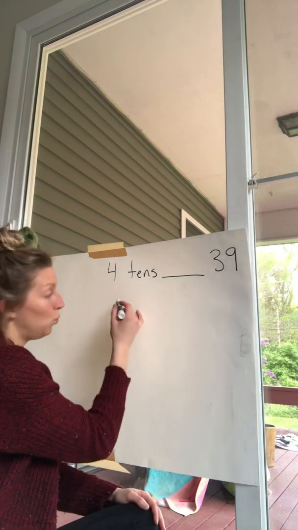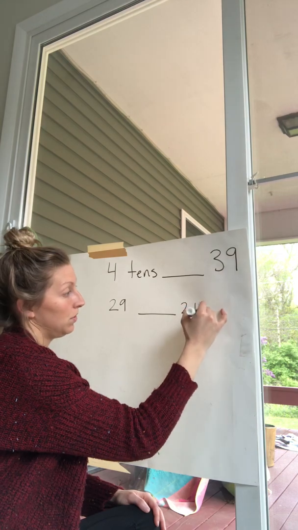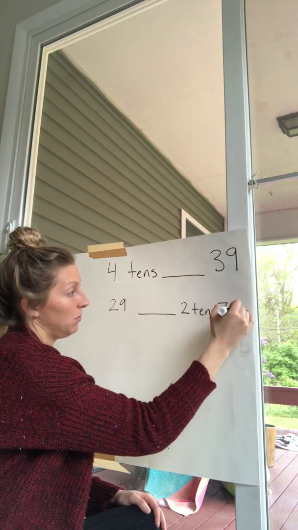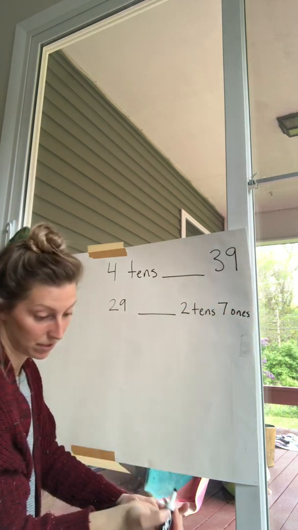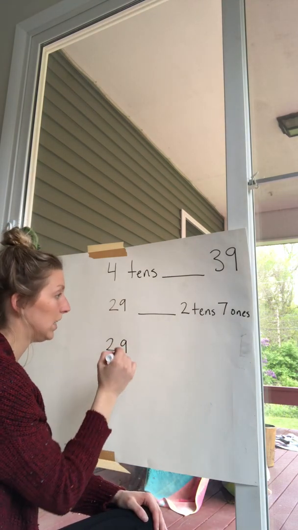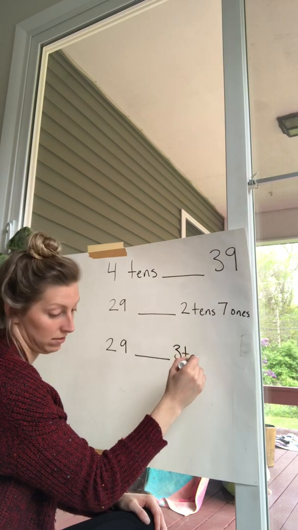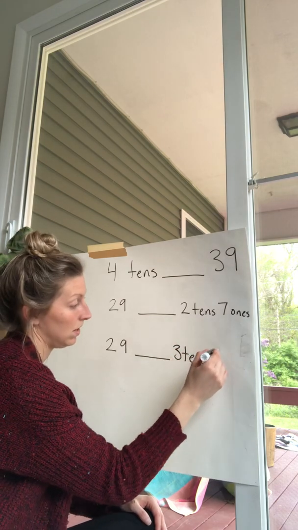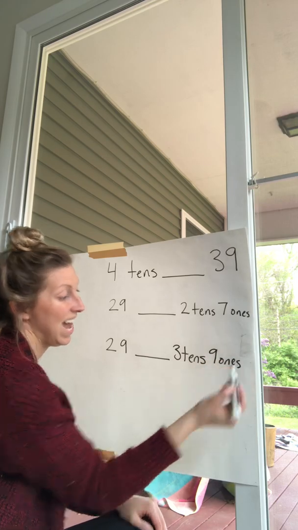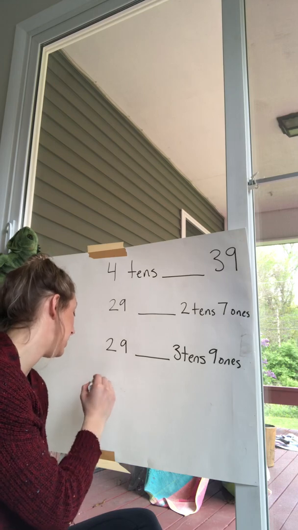We have 29 and then 2 tens, 7 ones. Then we have 29 compared to 3 tens, 9 ones. And then for my challenge friends, we have, let's see,